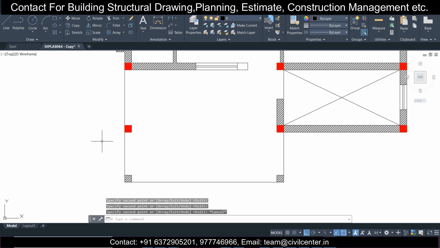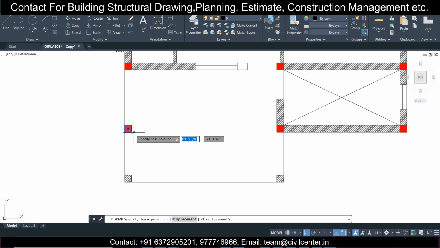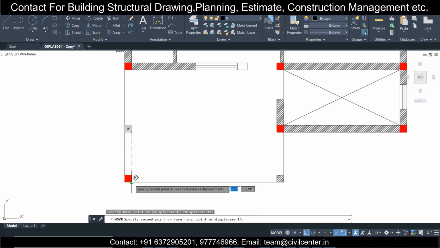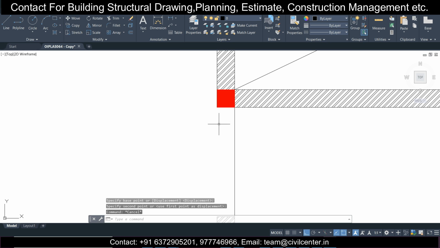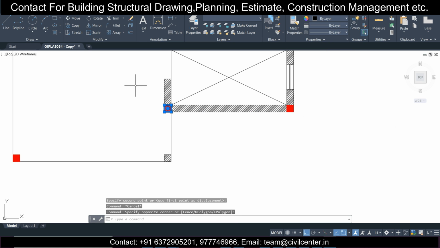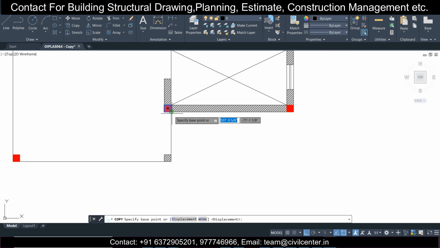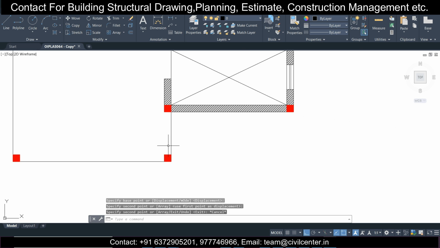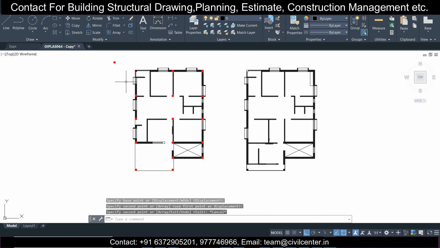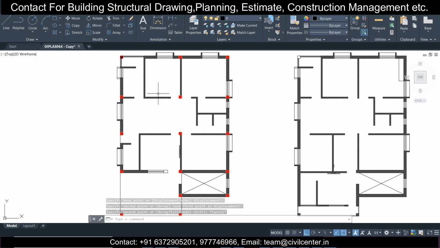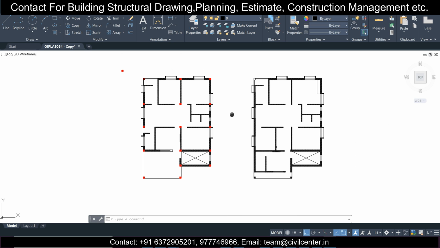This particular column we'll move it here, because these are the portico in this portion, and this particular column, just copy another column here. So this is our column arrangement which we are having here.